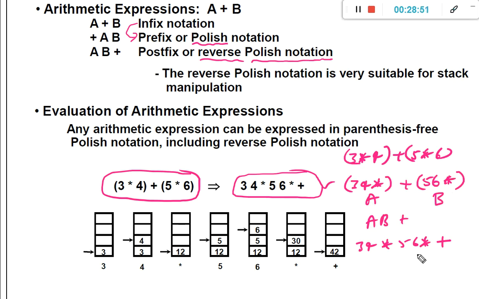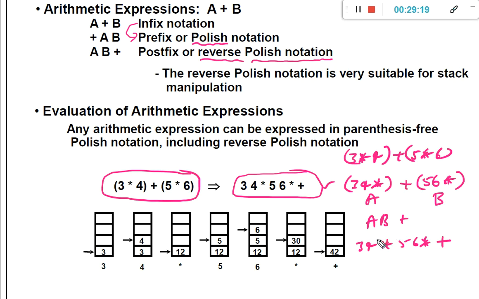Here we are converting it manually, however in the computer system it will be converted using an algorithm. Surprisingly, the infix expression is converted into the postfix expression again by using a stack.